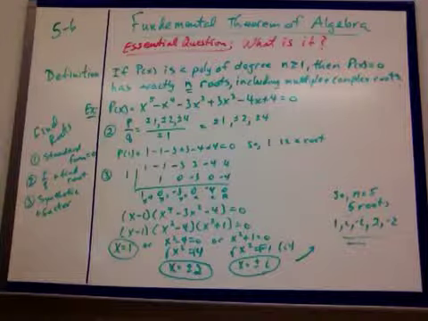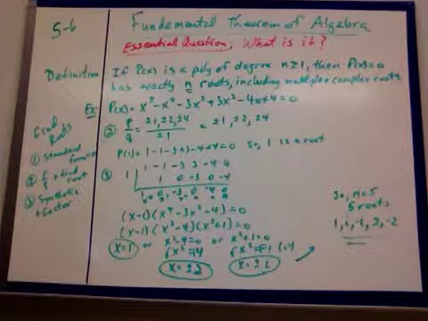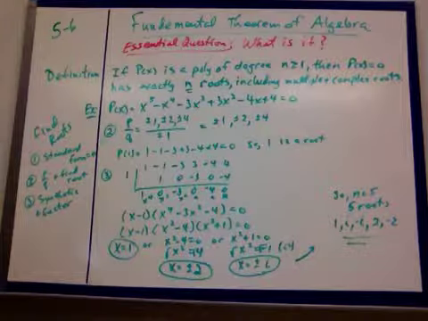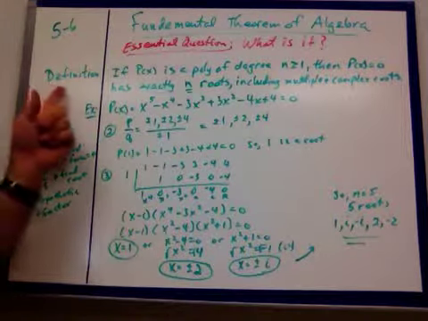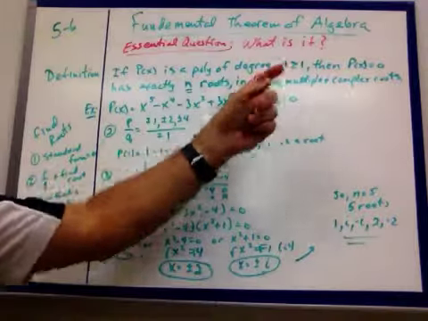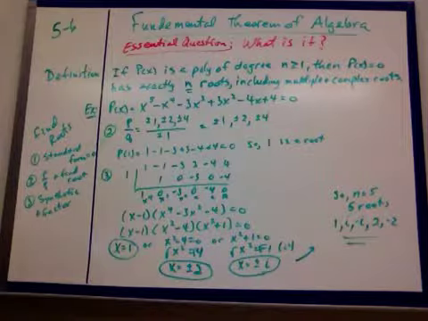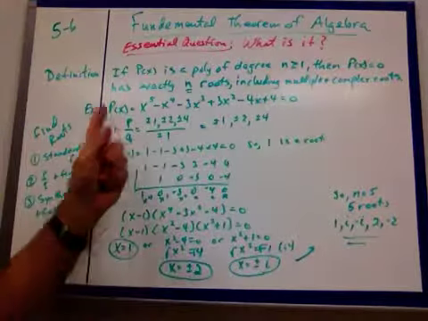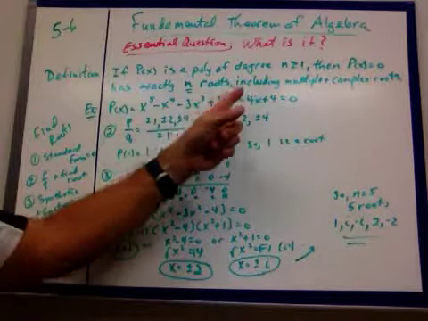All right, Algebra 2. Going into 5.6, the fundamental theorem of algebra. Essential question: what is the fundamental theorem of algebra? Well, what it says by definition is, if p of x is a polynomial of degree n greater than or equal to 1, it's linear, quadratic, whatever, then p of x equal to 0 has exactly n roots, including all